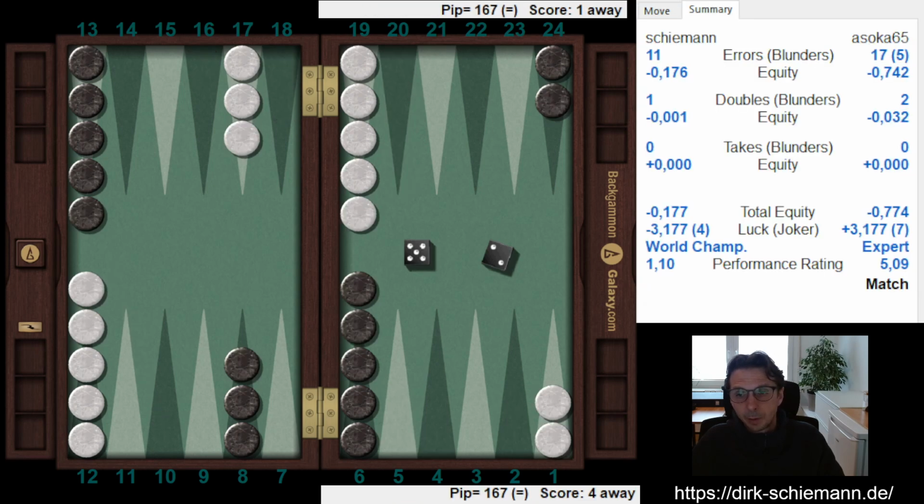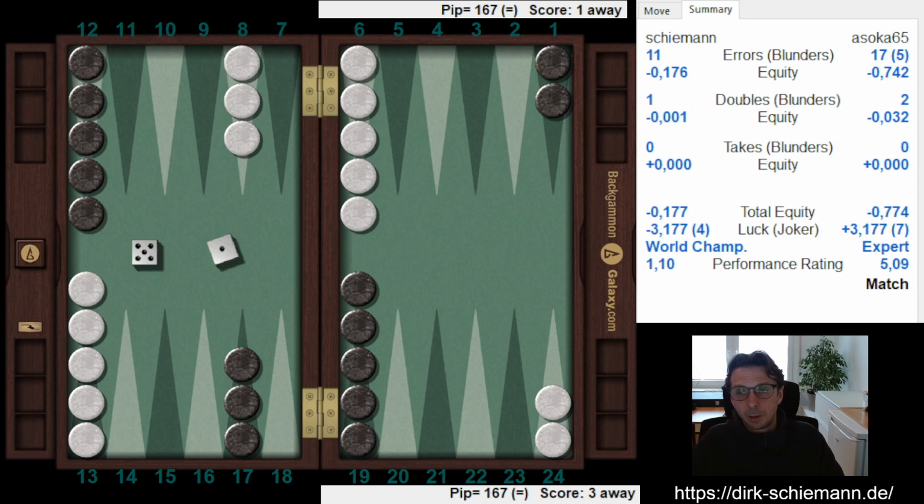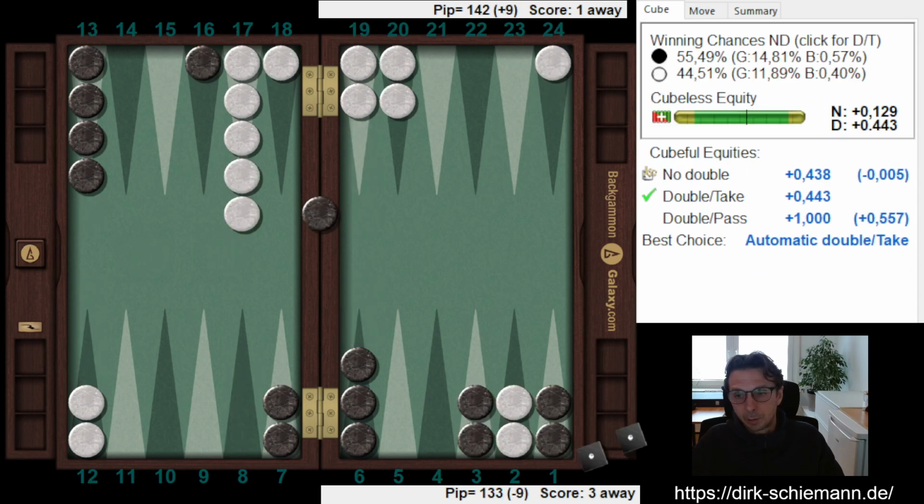Post Crawford, that was just the free pass that he had to take. You can see I win more games, so he can just give up this one and hope for a better start in the next game. And then, yeah, I cubed a bit later. Didn't really matter. It's such an easy take still. So I wonder if